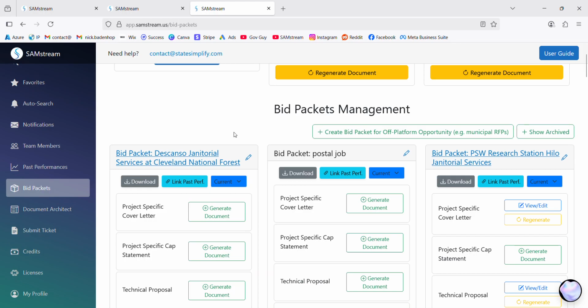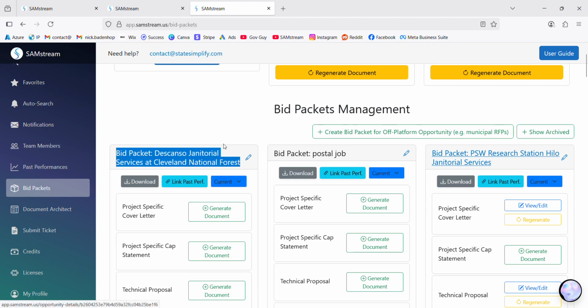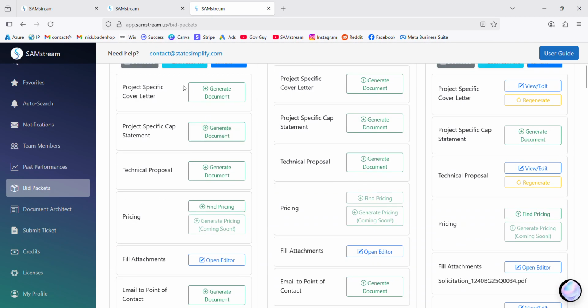So now, gang, we are ready to bid on a contract. If you remember, we hit add to bid packets, and now this Cleveland National Forest janitorial contract is in here, and now we can start generating our documents for this. The very first thing I always make